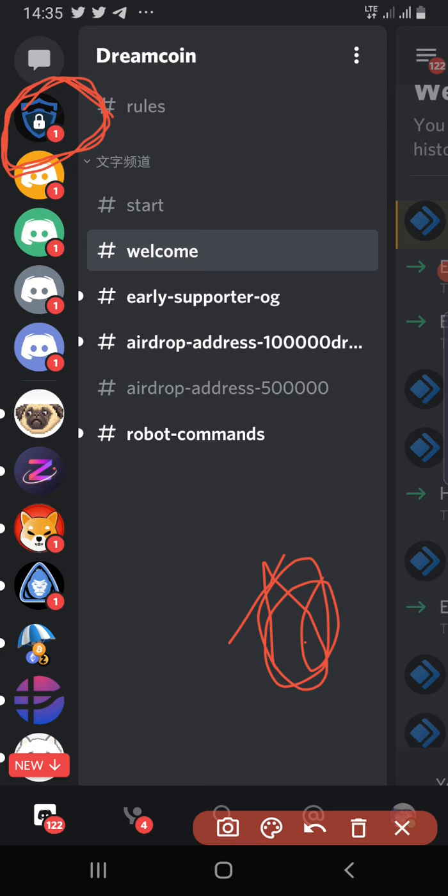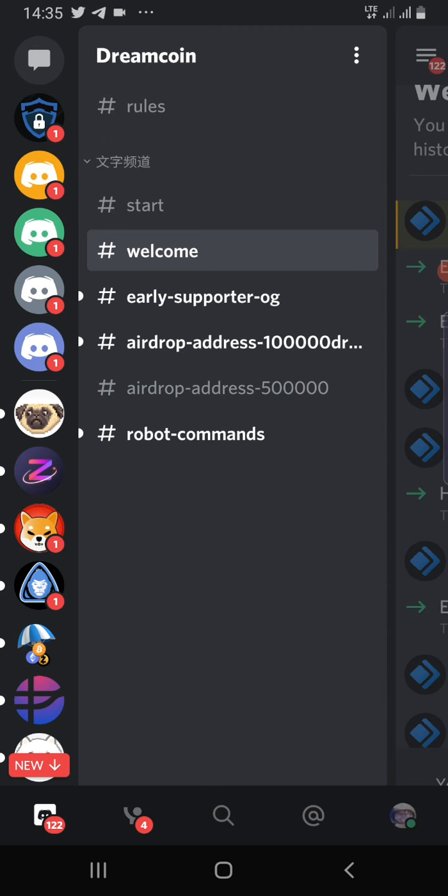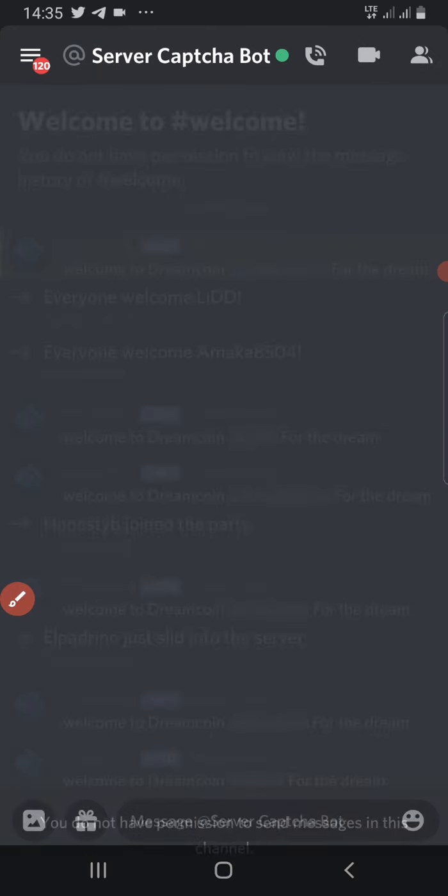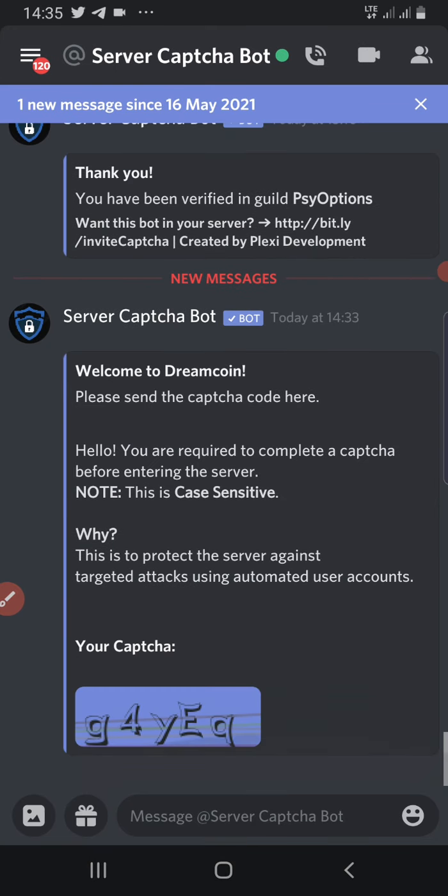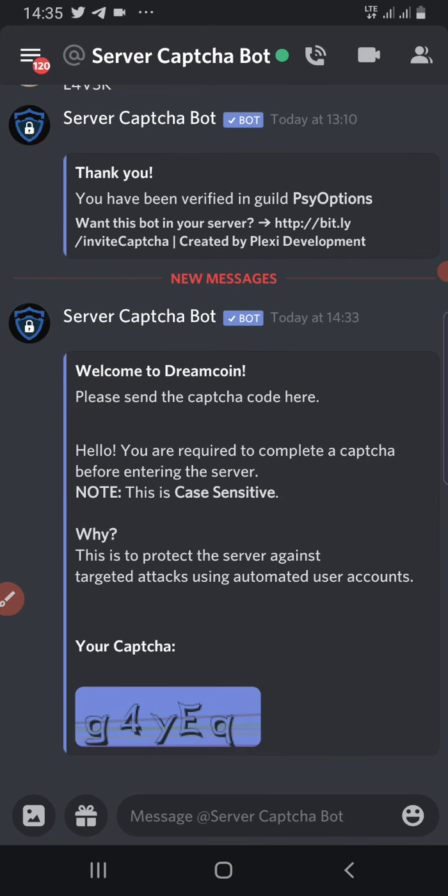Most people don't know that there is a captcha that they need to fill. Now, to do the captcha, all you need to do is go to this place that I circled. Always have this icon in your head. This icon is always for captcha. So you click on the icon, then